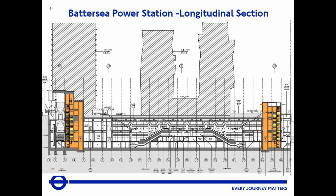So just to finish the presentation, I'll just give you lots of photos really. I've been relying on photos working remotely to carry out my job. So we do have lots of them, but I've just picked out a few good ones here. And this is Battersea Power Station,